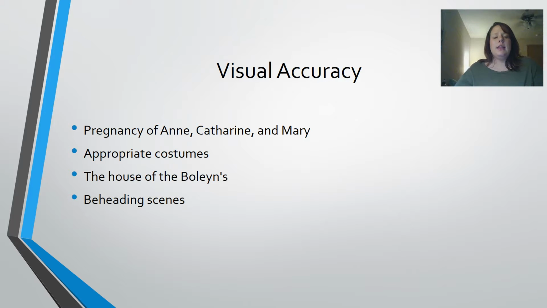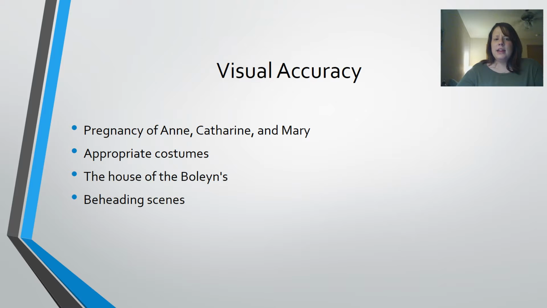And then the house of the Boleyn girls, I don't know if you guys noticed this, but at the beginning the Boleyn girls' mother and father were talking about how their house was kind of unkept, and you could also see how their house was unkept and things needed to be fixed. And after Mary started dating Henry, you could see that the house looked a lot nicer, and the dad Thomas brought the girls in and said that Henry paid off all their debts and they were doing great.